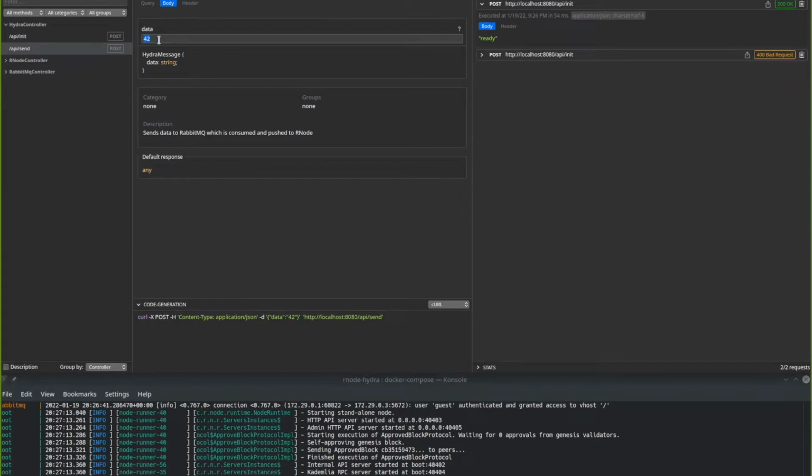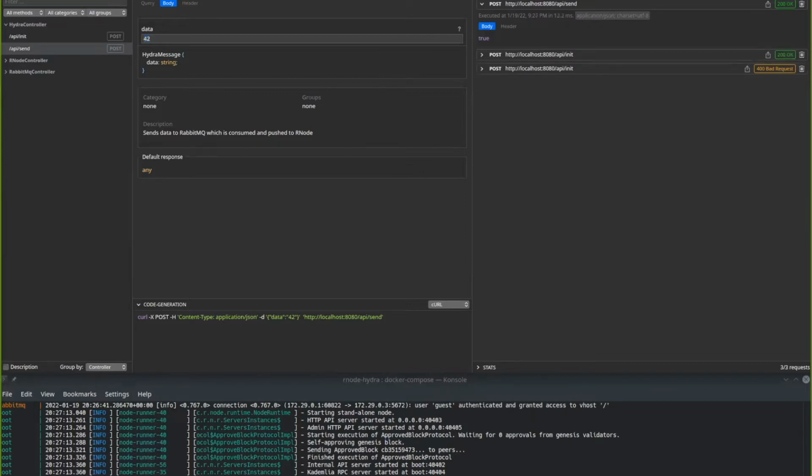But this is not what I want to show. I want to show that I can send multiple messages, and they will be packaged up. RabbitMQ will receive them, and it will not block the sender. When block creation is in progress, we can still send more messages that will be packaged up in the next block.